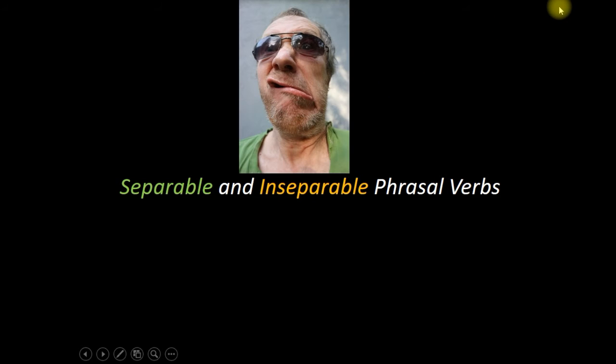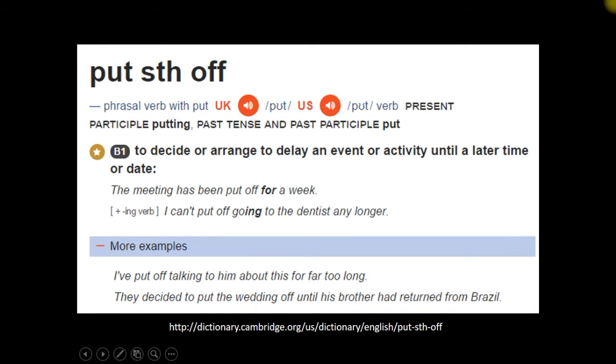Now, this may start to confuse you a bit because how do you know the difference between separable and inseparable phrasal verbs? And it is a difficult question, and the best way to do it is to make notes in your vocabulary notebook whenever you're learning new words. Learner's dictionaries, like the Cambridge Learner's Dictionary or Oxford Learner's Dictionary, will give you good examples, and they'll often even say, put something off. In this case, you'll know that it's separable.